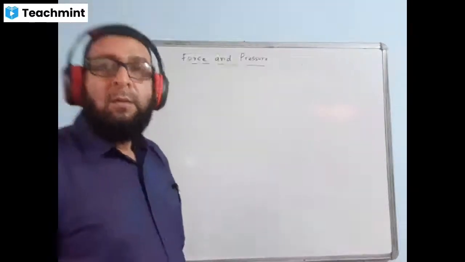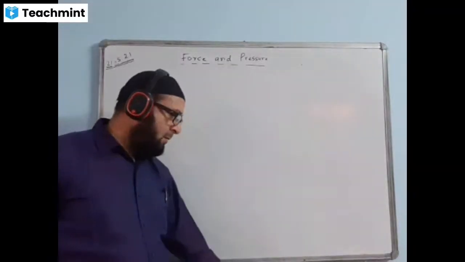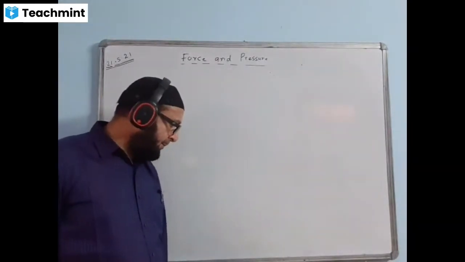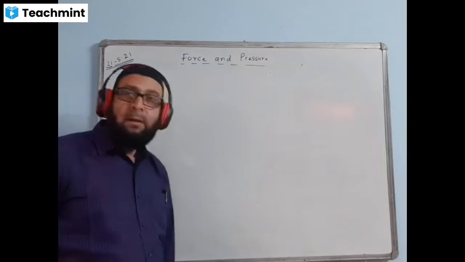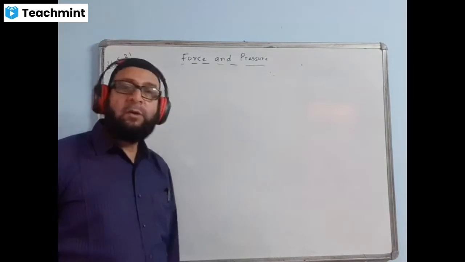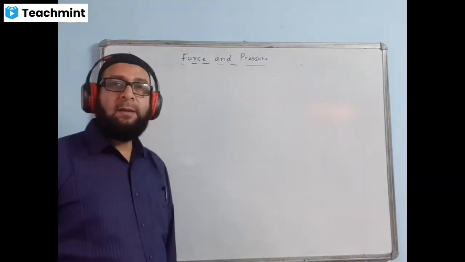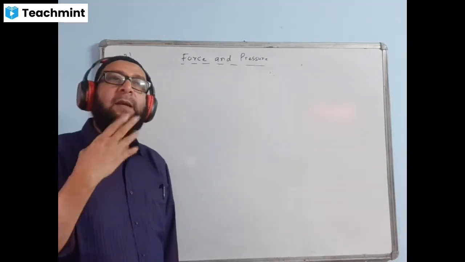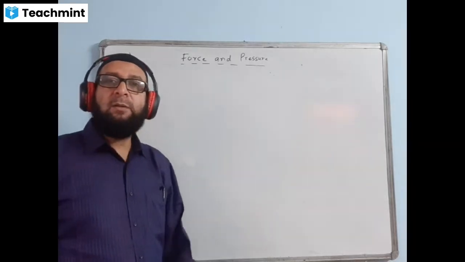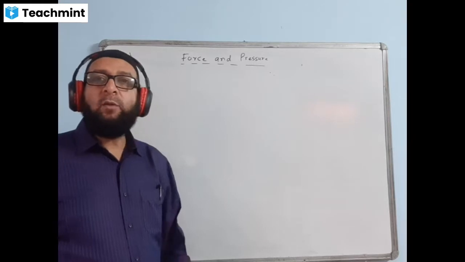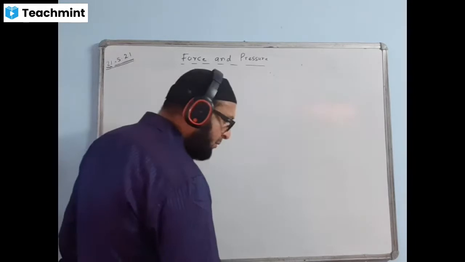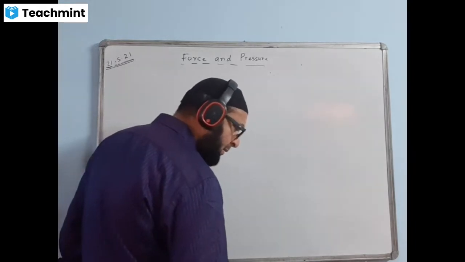Okay. Last class I gave you the formula: pressure is equal to force upon area. When area is less, pressure is more. And we were doing problems also on pressure is equal to force by area, P equal to F by A. If any one thing is unknown, we can find that out. And the SI unit of pressure is Pascal or Newton per meter square. So we have done a few problems; you can expect only the simple type of problems.